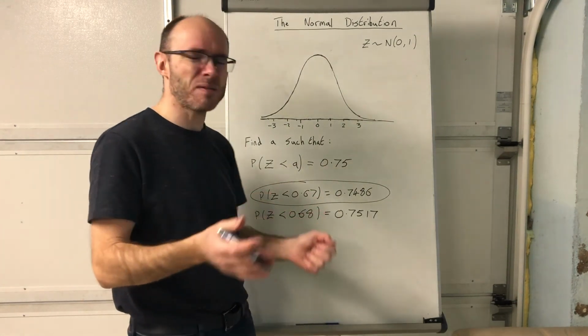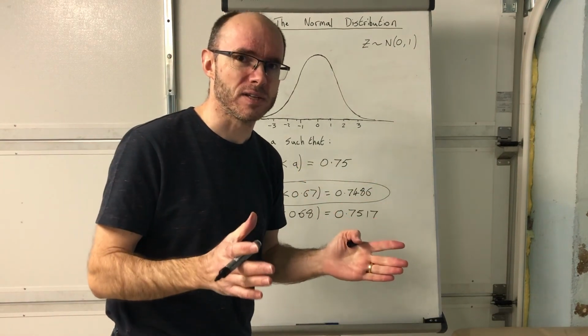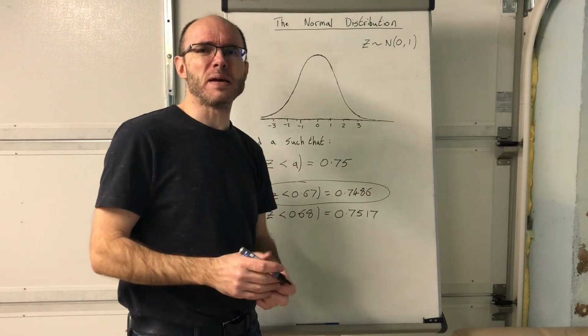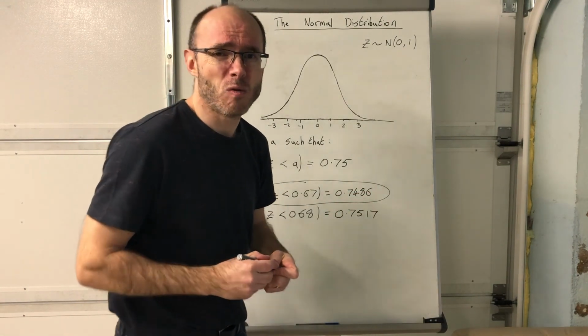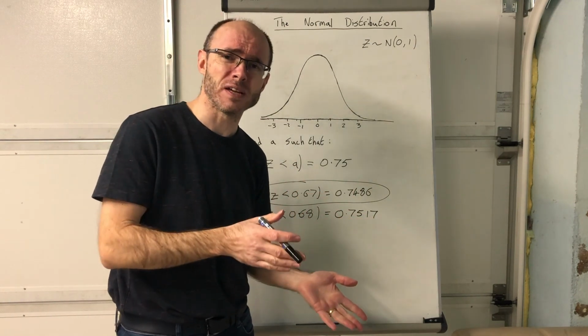What I'm saying to you is sometimes the tables don't actually help you to get an exact answer. Sometimes you just have to estimate as best as possible. I'm hoping that you found this video useful in terms of how to find the value of Z when you're given a percentage,